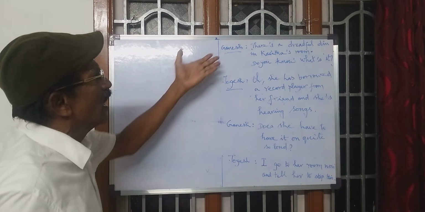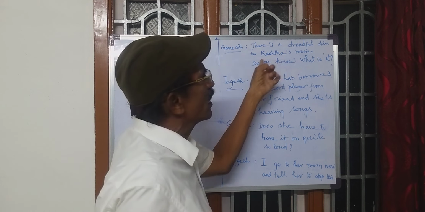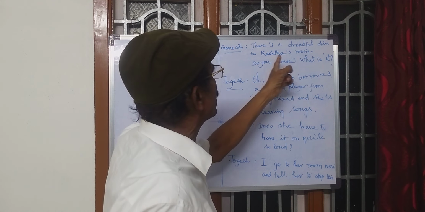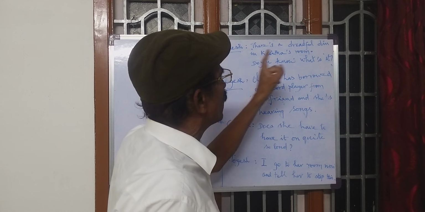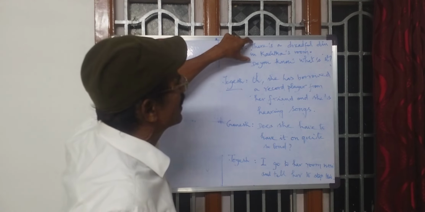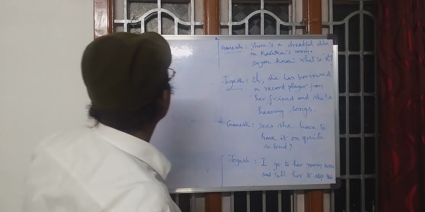Ganesh spoke to Jogesh. Is this a question or a statement? You see, there's a dreadful din in Kavita's room. Do you know what it is? So there are two kinds of sentences. The first one is the statement, the next one is the question. You see, Ganesh